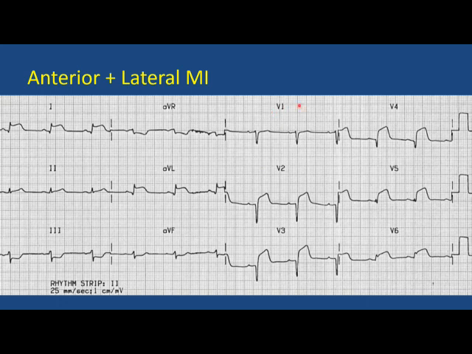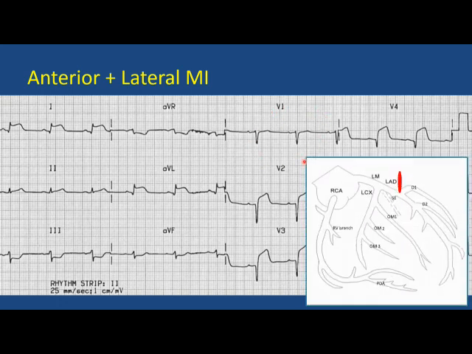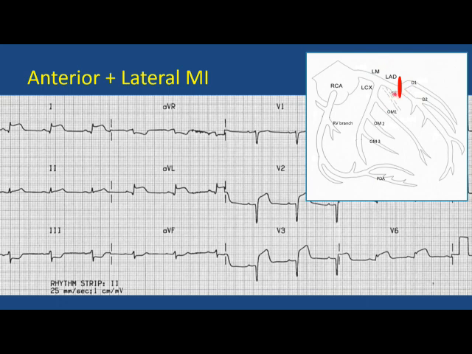However, V1 is not involved, which means the septal branch has escaped. So where will the lesion be? The lesion will be between the first septal branch and the major diagonal branch. After the S1 branch, the LAD is occluded, thereby the occlusion has reduced the blood supply in the major diagonal and the rest of the LAD. So this is how we localize the site of lesion in LAD.